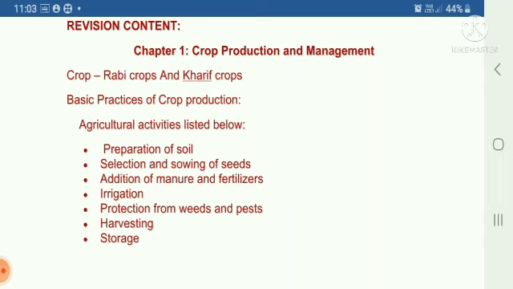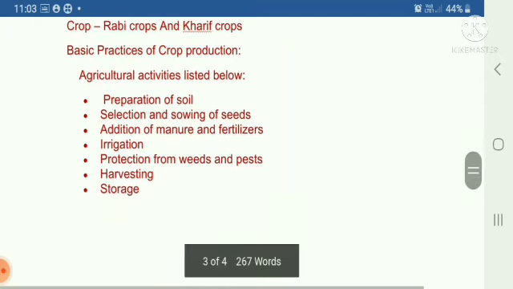Crop production involves 7 agricultural activities. That is preparation of soil, selection and sowing of seeds, addition of manure and fertilizers, irrigation, protection from weeds and pests, and harvesting and storage. Clear? Then we will move to